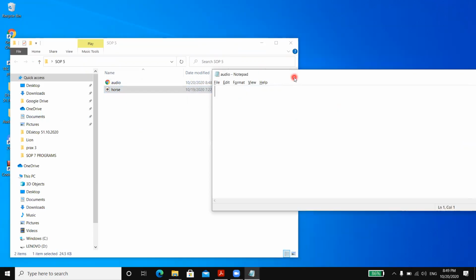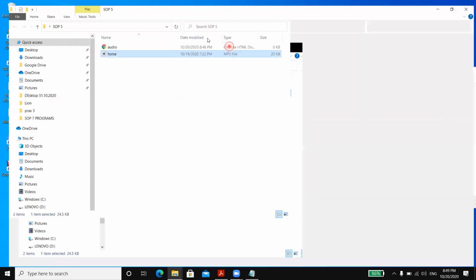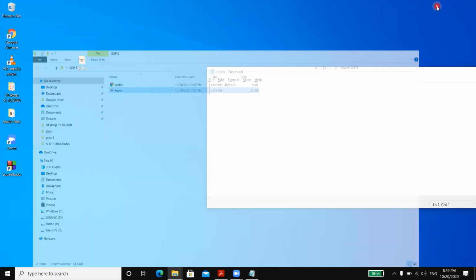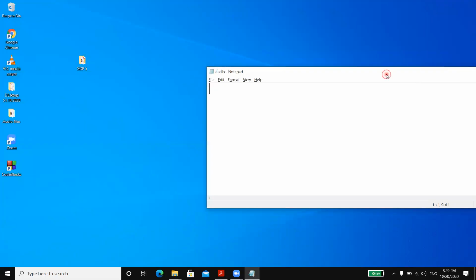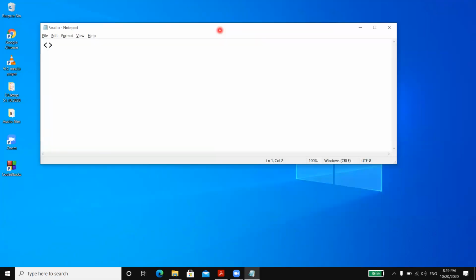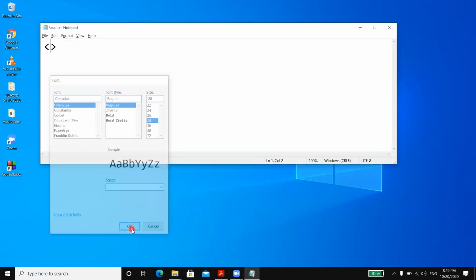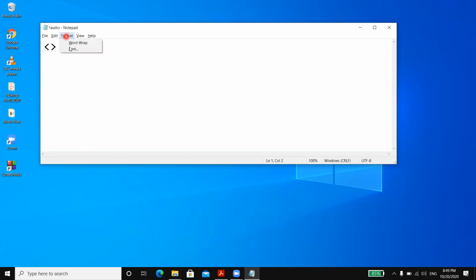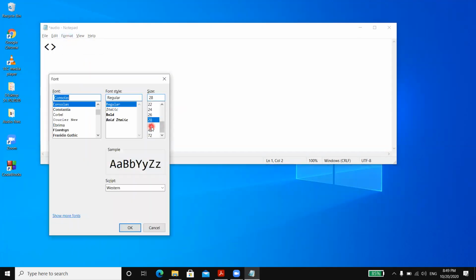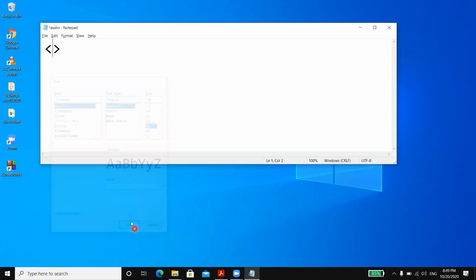So there are a number of ways of writing the program. You can use a different tag, and I will explain how you can use a different tag and get the same output. Initially, I will increase the font for better visibility, so even if you're watching on mobile, the size of the text will be higher and you can clearly see the content. I will make the font something like 36.